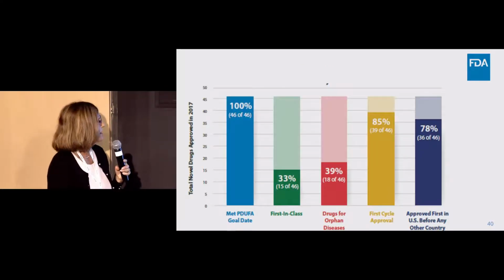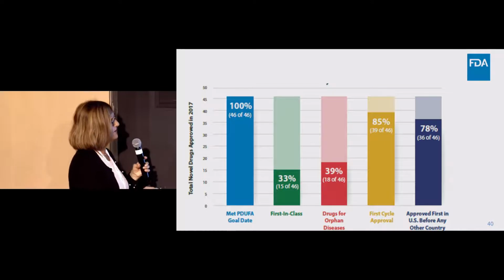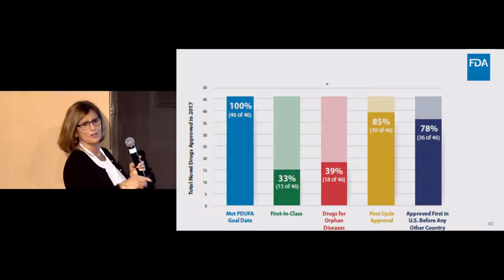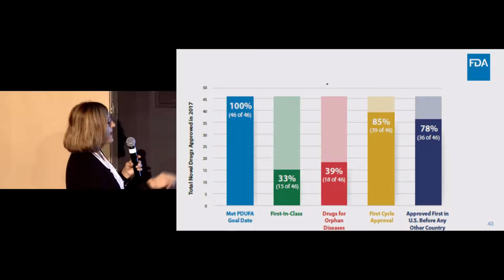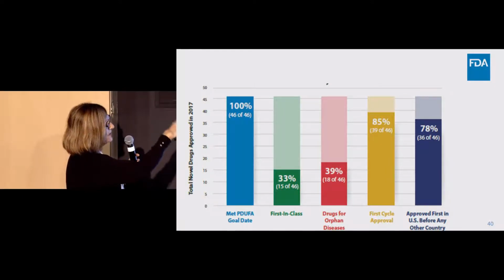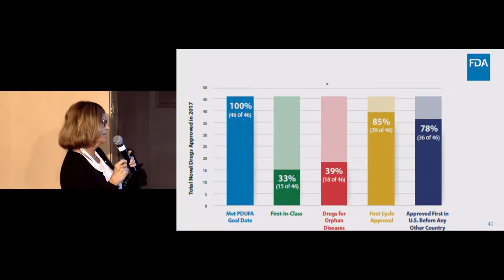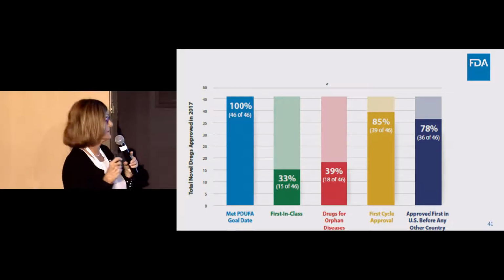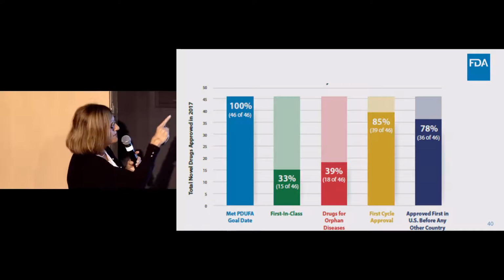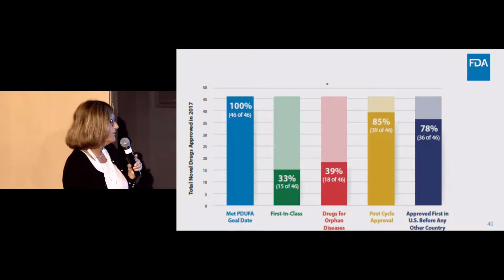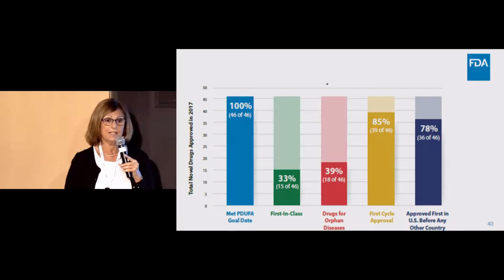So now, the most important part for this community: it's not that we were on time with the goal date for the review, but if you look at the red bar, 39% of all the drugs approved last year in 2017 were drugs for orphan diseases. And 78% of those, if you look at the blue bar, were approved first in the US before any other